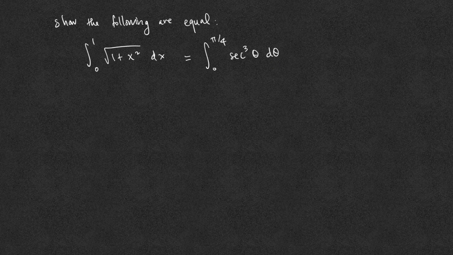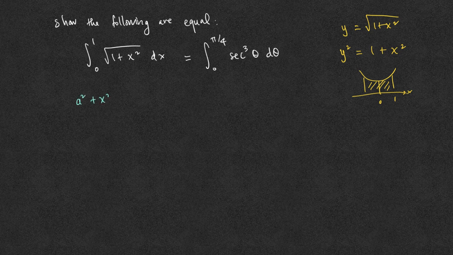First, the function y equals the square root of 1 plus x squared can be rewritten as y squared equals 1 plus x squared, assuming that y is positive. This is a hyperbola, and so we're looking for the area under the hyperbola above the x-axis, but only from 0 to 1. First, we observe that the first integral has the form a squared plus x squared, where a